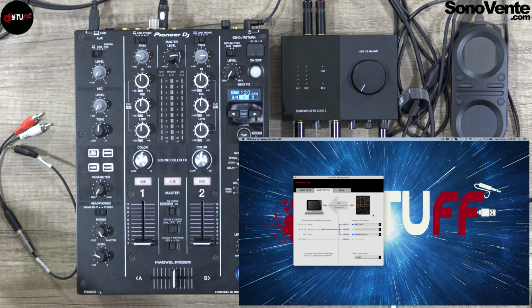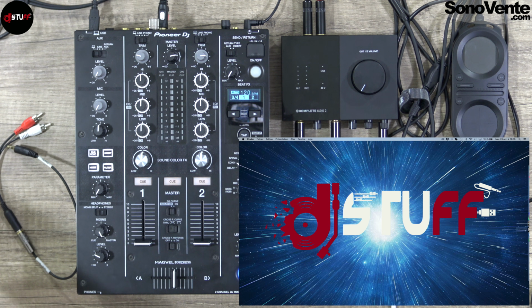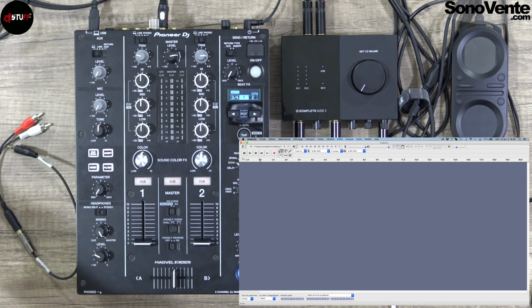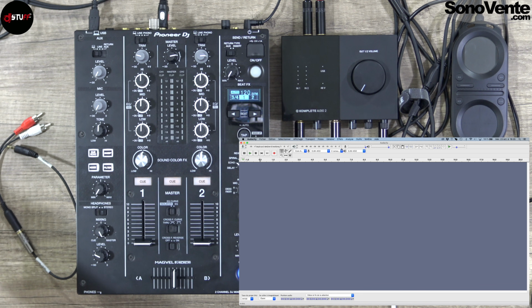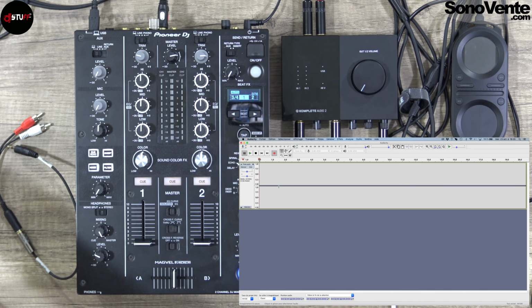It doesn't matter. It's done, so I can move directly to Audacity. For example, let's check that you have the DJM here, the mixer here, it's okay. So let's try to make a pause rec to have the good level.